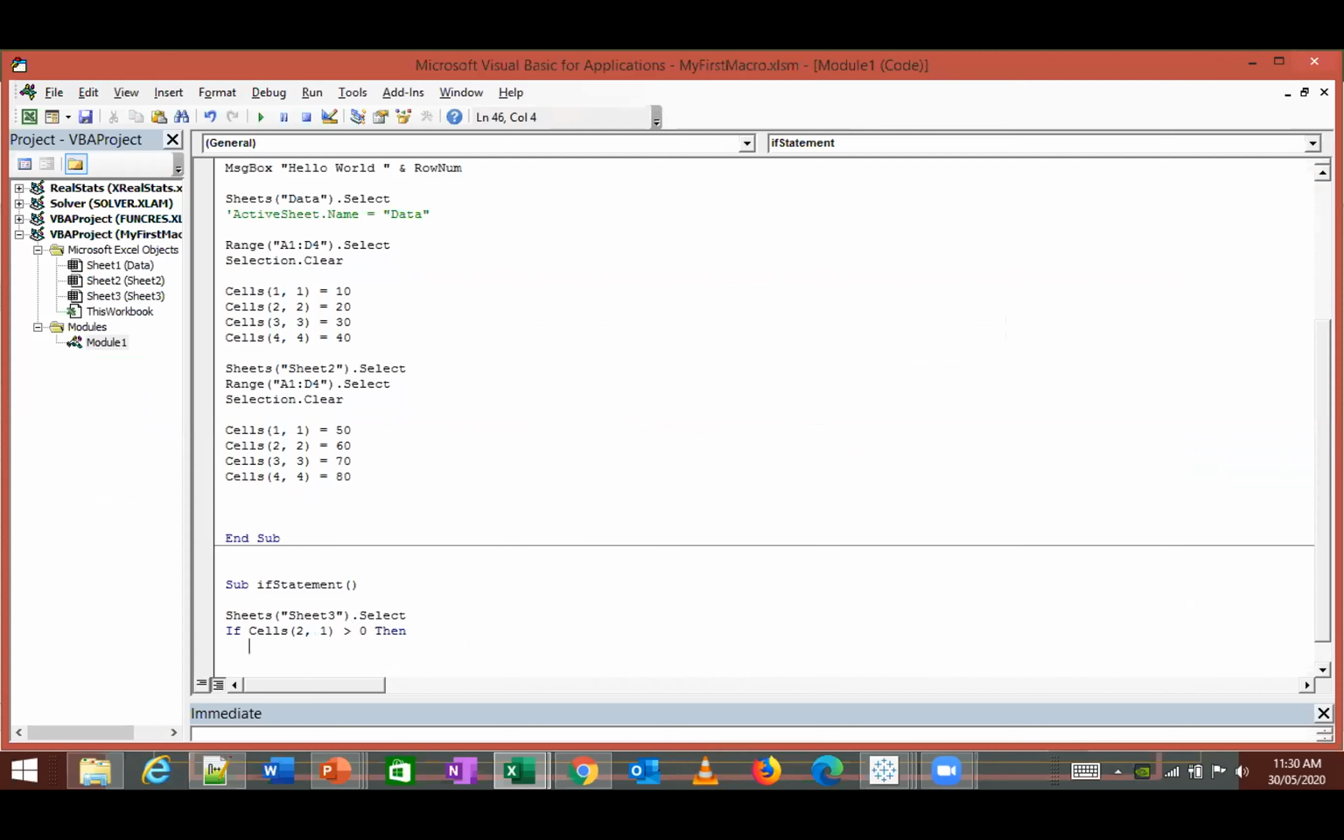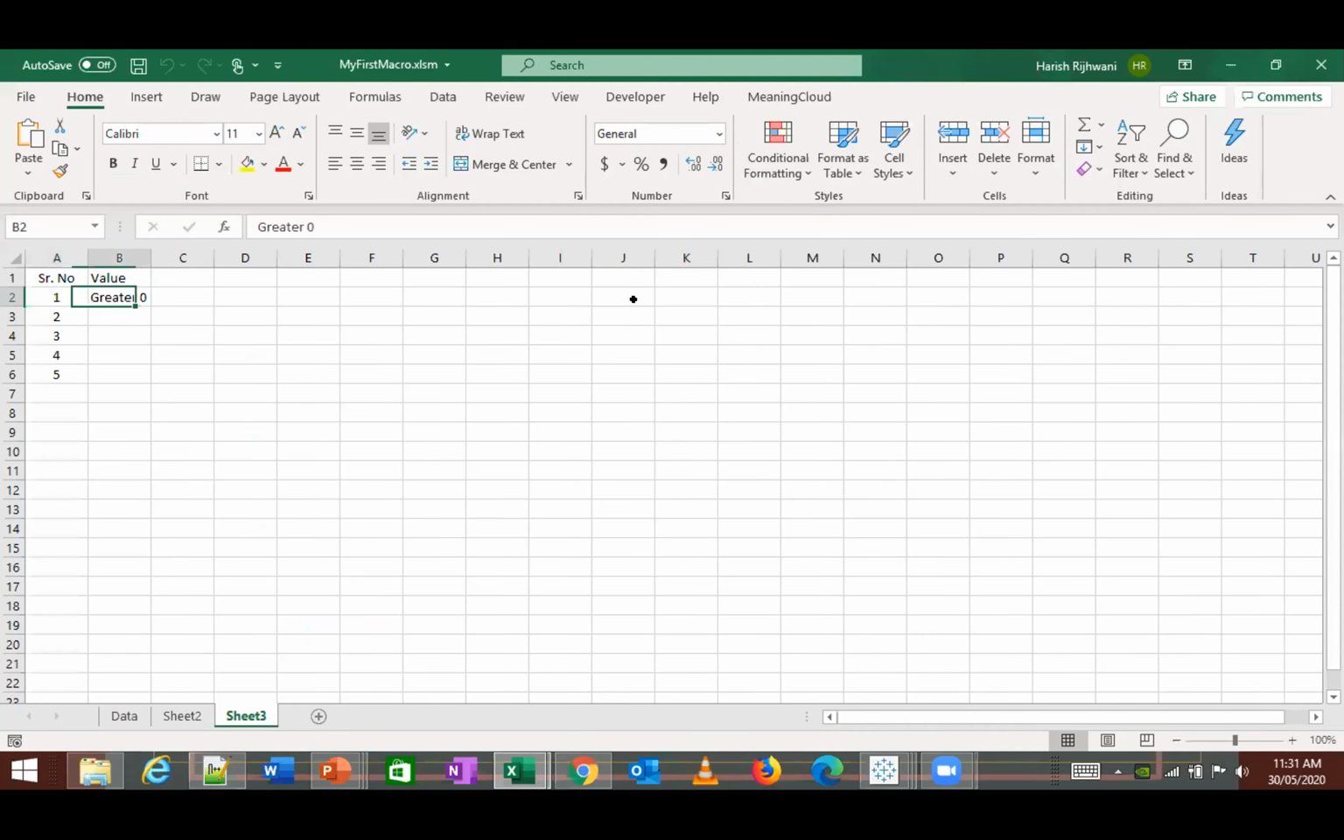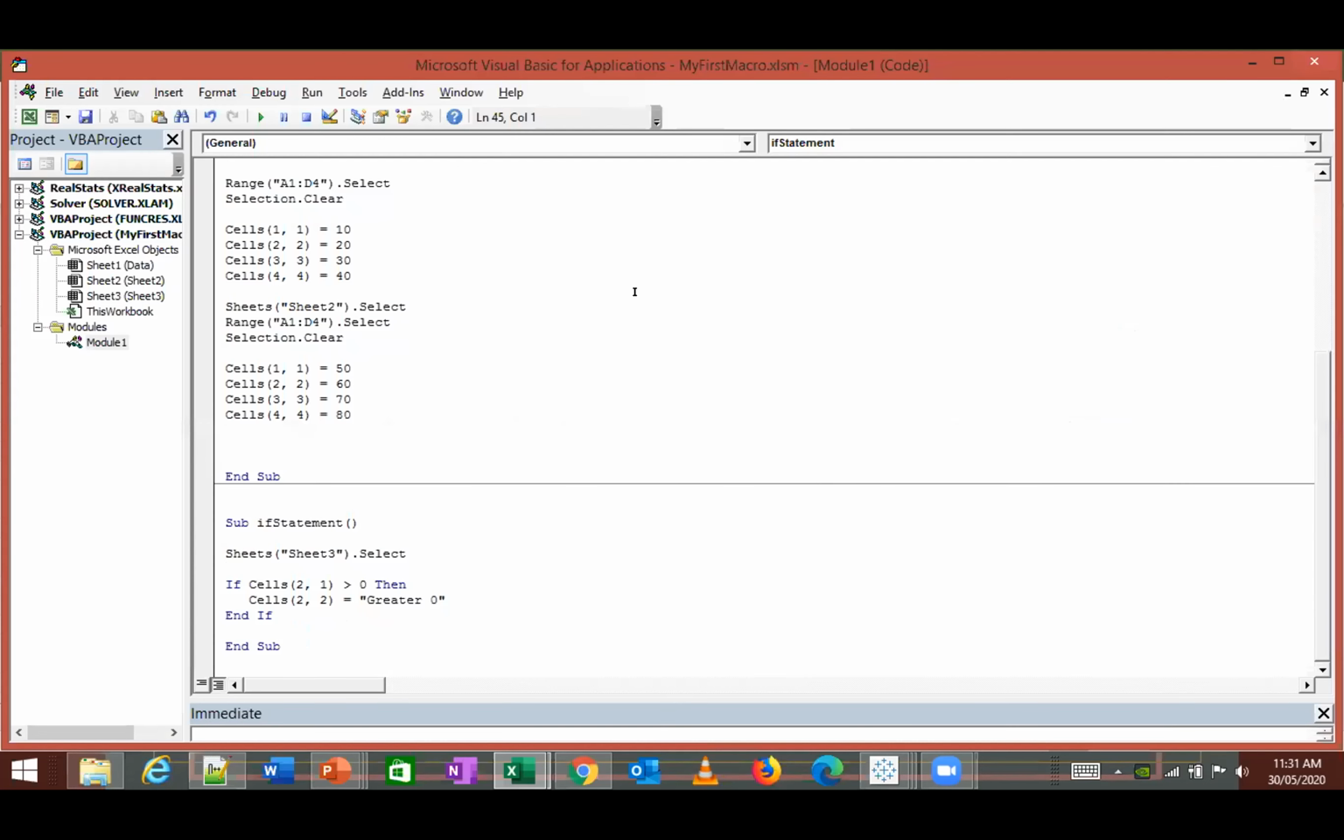then cells 2, comma 2 equal to greater than 0. I'm just putting this just to show an example. This is a very simple if statement. So if I run this, it becomes greater than 0. Let's say I put it as -1. And if I run this now,